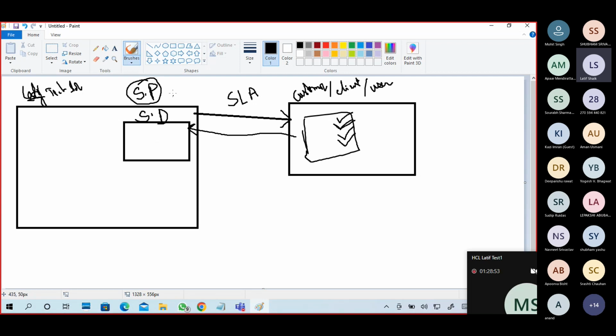What will this service desk person do? Take the information from the customer. Who is the customer? Who is the person? From which organization? What is the type of issue? Is it server related, network related?